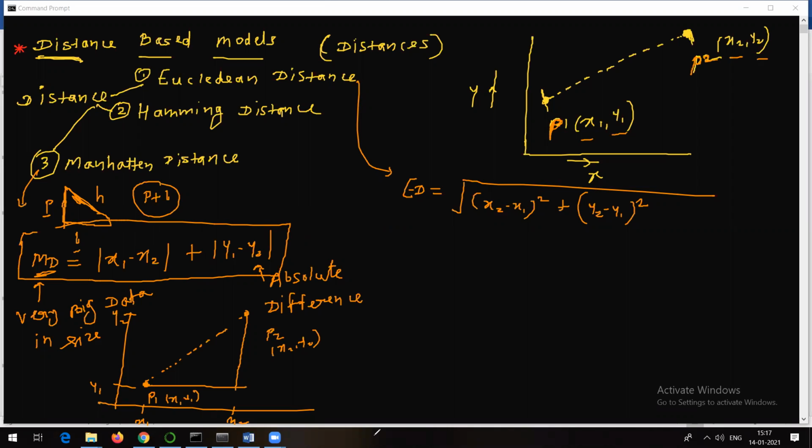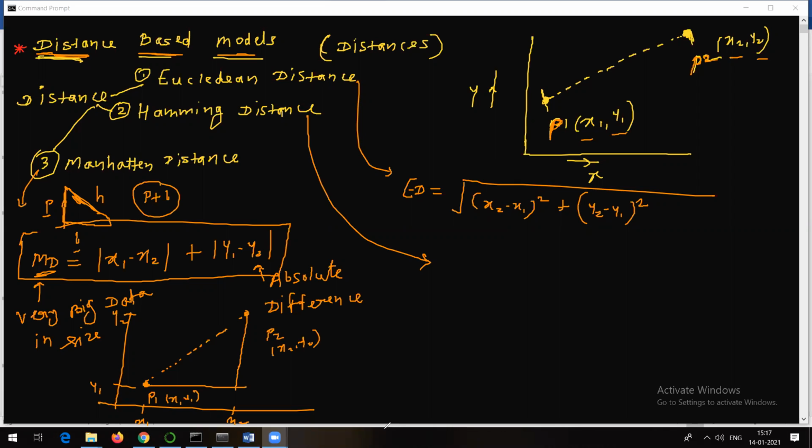Again, why are we discussing all these things? Because we have a topic called Manhattan distance. Now talking about Hamming distance. There will be questions in your exam, and I'm telling this to those people who joined right now, there will be questions based on all these topics. One should know the formulas about all these distances because we have a topic called distance-based models.